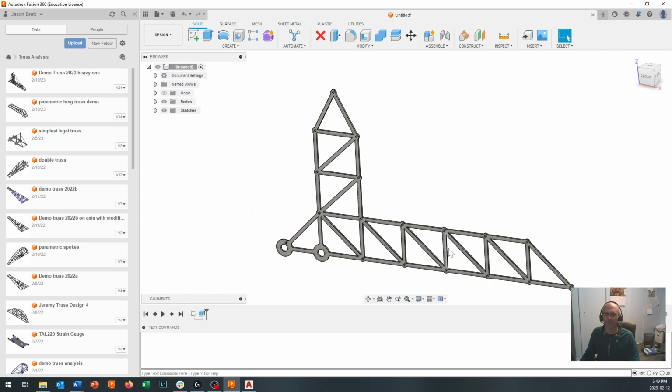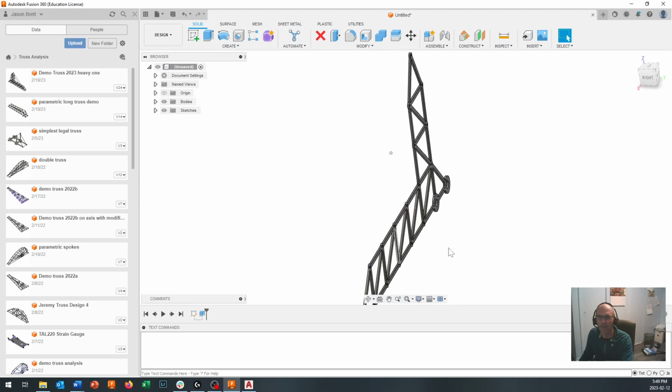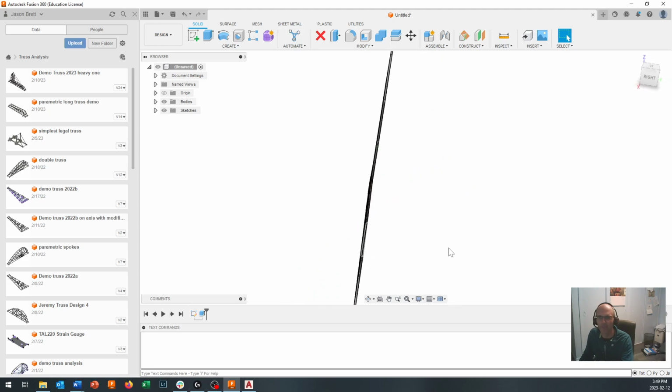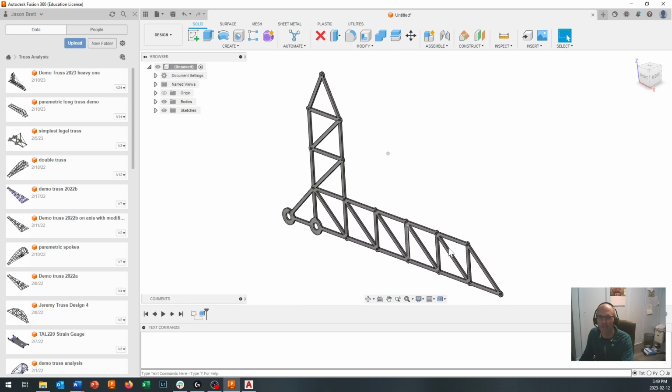All right. Now, there is a 3-dimensional representation of one section of your truss. How hard is that? Okay, we're into 3D, and so we imported a sketch, we finished the sketch, we did an extrude,